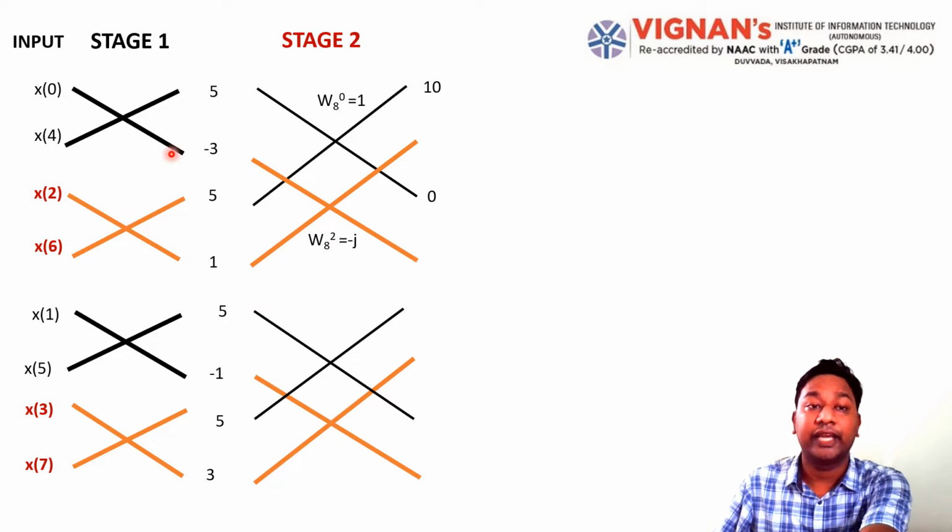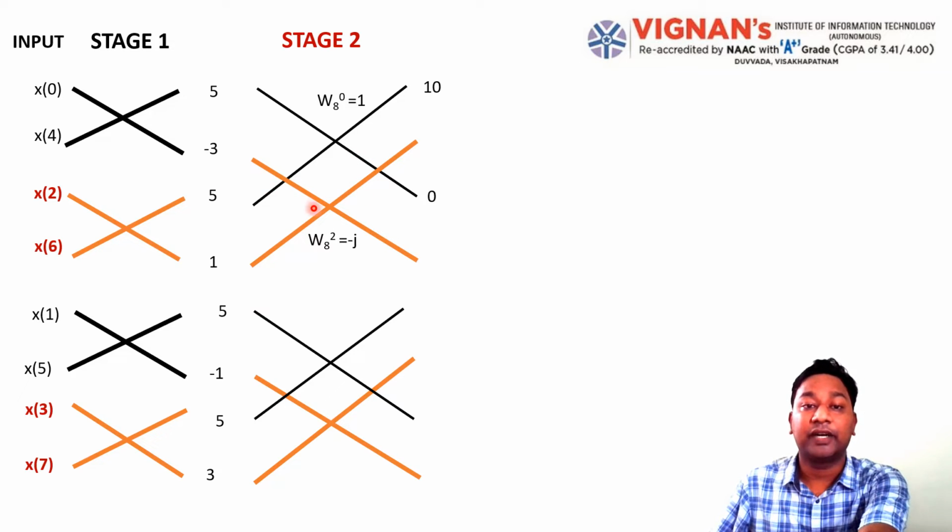Similarly, all the butterflies have 2 inputs. In the previous stage the first one was related to the second one, but in this case the first one will be related with the third one, and the second one with the fourth one. So if we divide the sequence, these 2 stages are similar to the 4-point discrete Fourier transform using the DIT algorithm. Means two stages, the 8 point is divided into 2 sequences. So this one is 4 point, this one also 4 point.